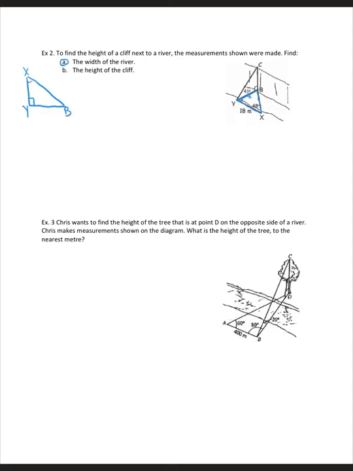So angle x is 48 degrees. And then from y to x, I have 18 meters. And we need to find the distance across that river, which we're going to use a little x for. So let's let x represent the width